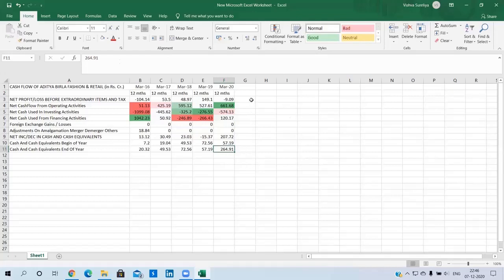You will also get the notes; we have seen this in the annual report part. If you have not seen the annual report video, then please go through it. It is one of the most important videos, annual report analysis, and under notes you can find the details of what the exact operating activities, investing activities and financial activities are, or if they have collected cash, then what the reasons are. You can find that in the annual report too. So please also refer parallelly to the notes from the annual report.